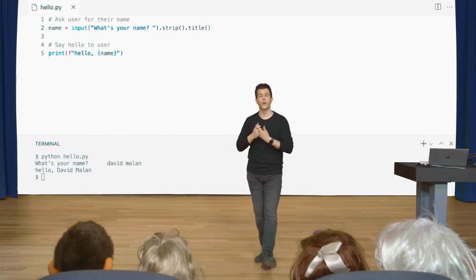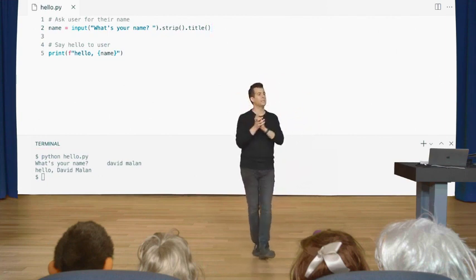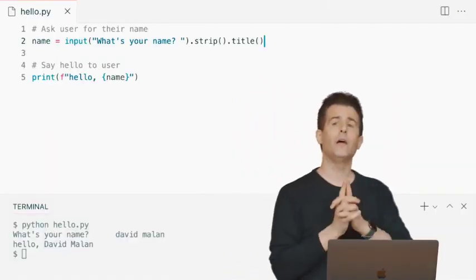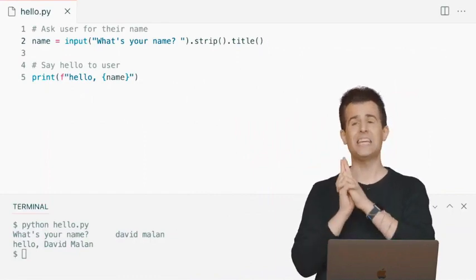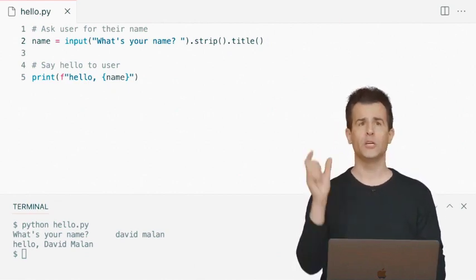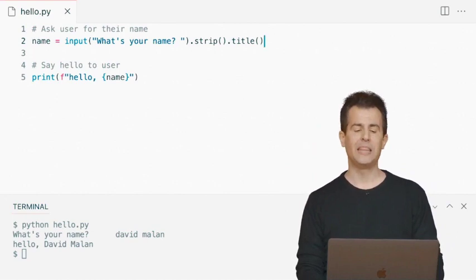If I can pivot, Divya, off your question, I mean, what do people think? If we could go ahead and put everyone's hands down for a moment, let me ask this. Is the way I've done this now with strip and title and input all in the same line better than my previous approach? In Zoom, you can use the yes icon or the no icon. If you think this version is better, say yes.